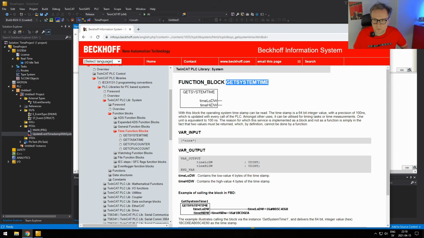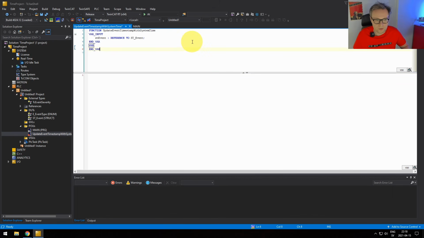So to use a function block, we need to instantiate it. And you do that here in your local variables. You instantiate it in this way. So you create an instance of this function block. Again, I'm going to get back into this in the next part, so don't get too scared by this right now.